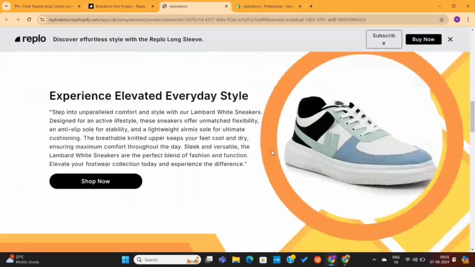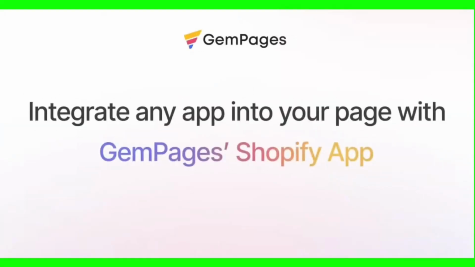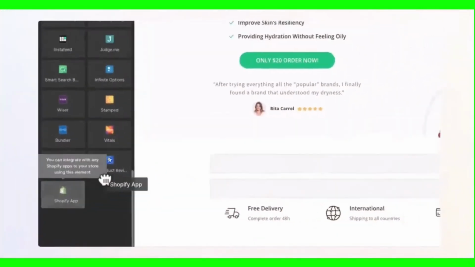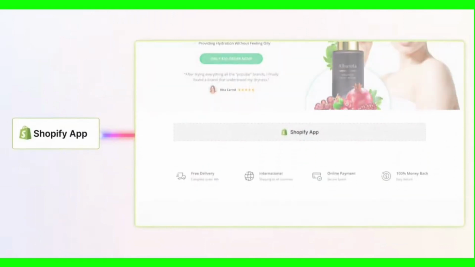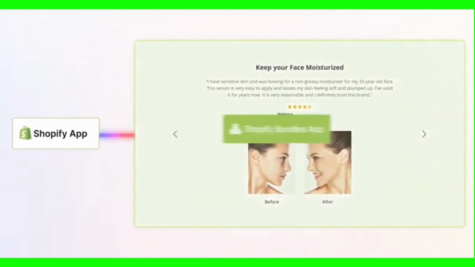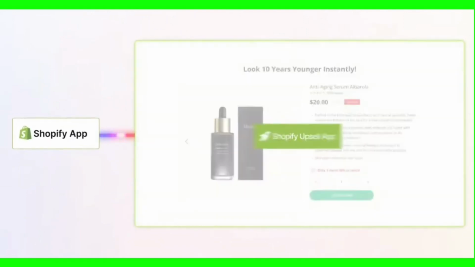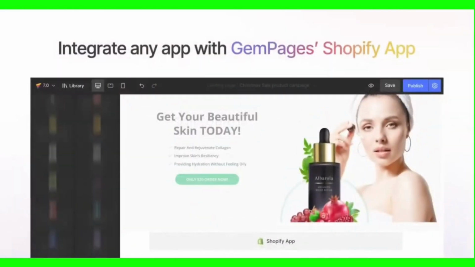And if you are looking for a free alternative to this, then I have something for you. It's called the Gem Pages Page Builder. Gem Pages is also among the best Shopify page builders, and it also has a feature that will help you create your entire Shopify store using AI. I've already created a detailed tutorial on Gem Pages. You can simply click